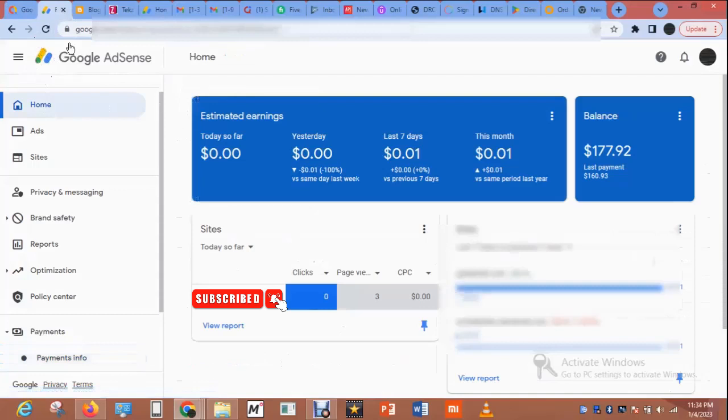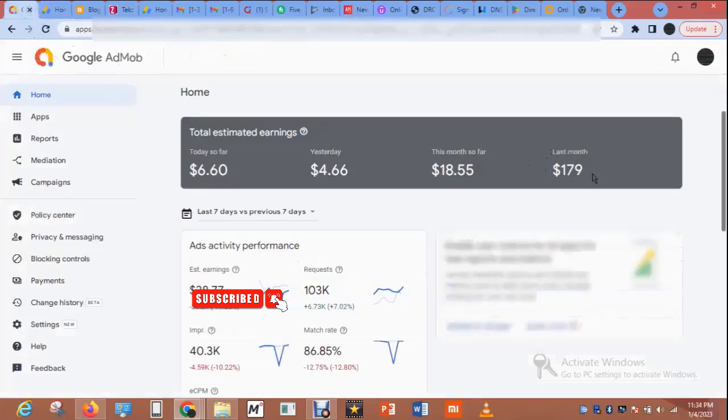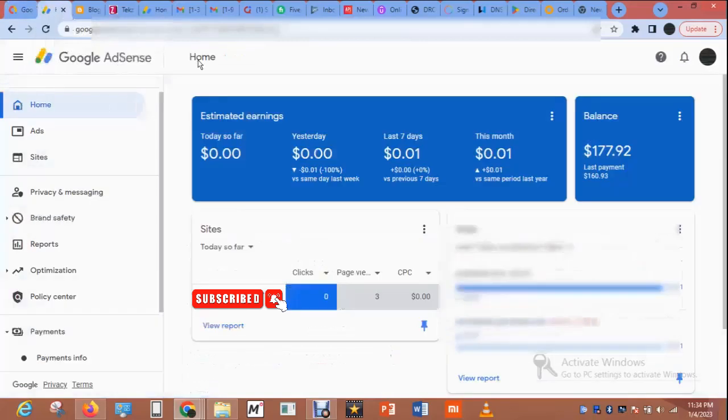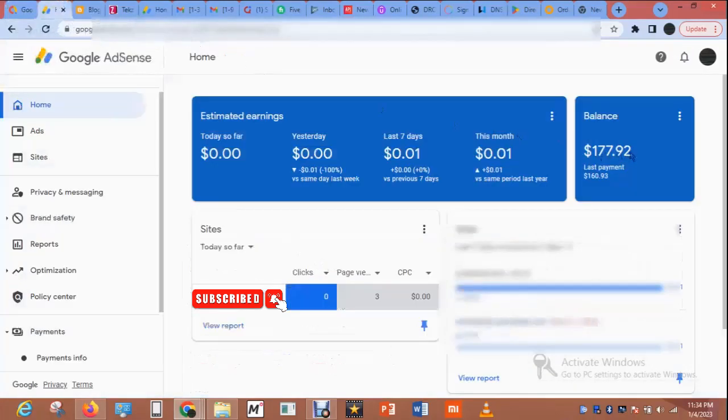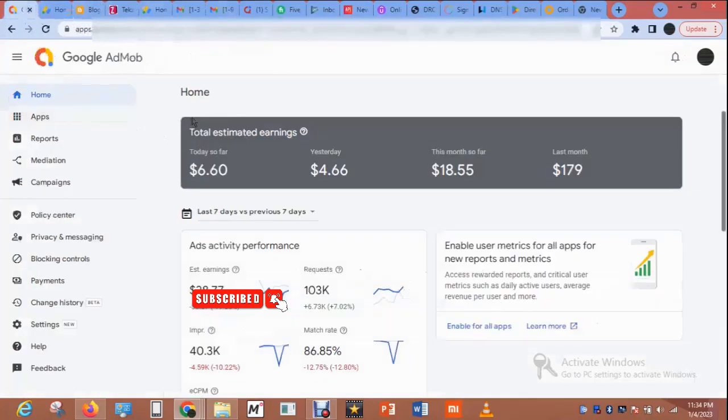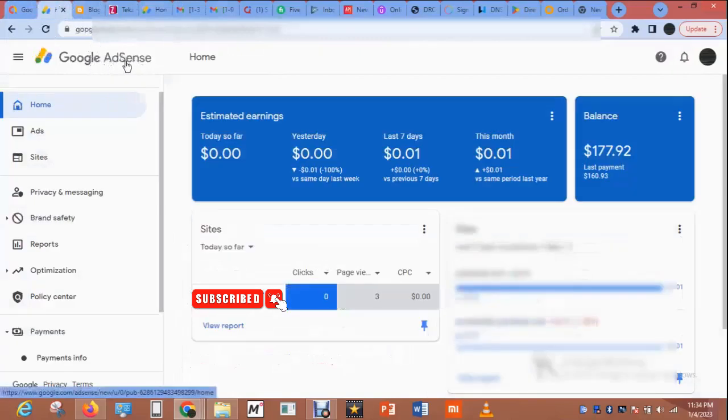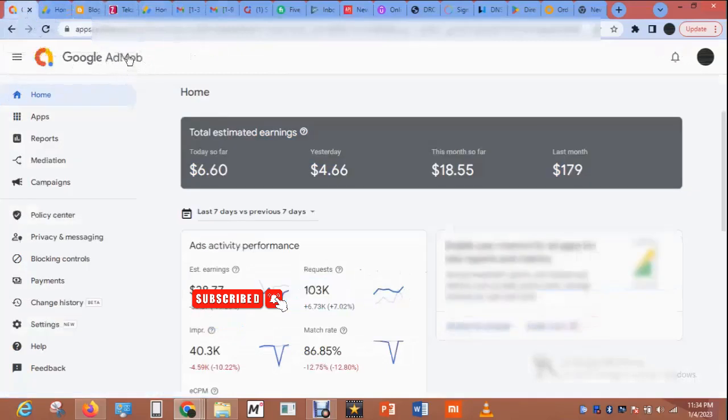When I check my AdSense for last month, it's almost the same thing. This 79, then this 77, so some money has been deducted by Google. Why, I don't know, whatever. So AdMob is integrated into this AdSense. If you have an AdSense account, whatever you earn from your AdMob,